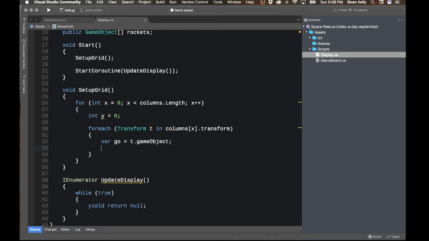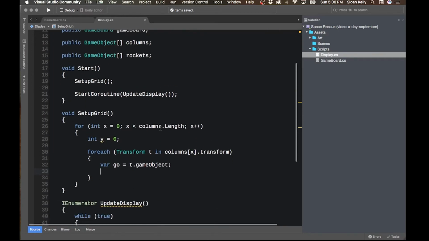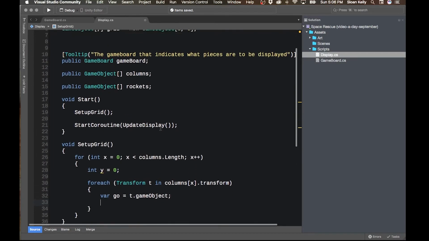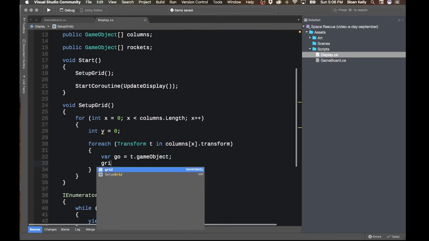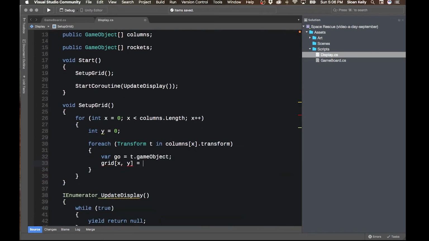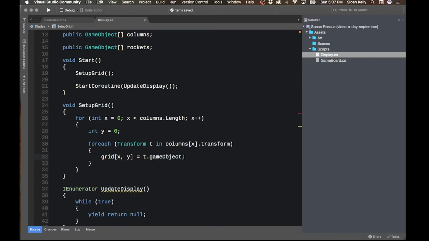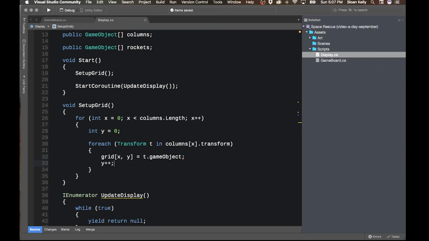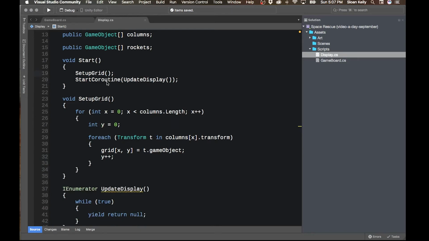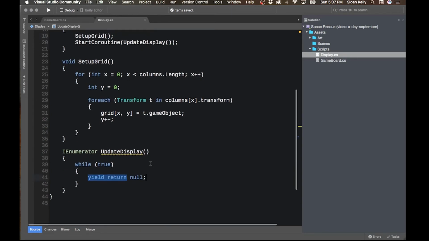And then once I've got the game object, I want to add that to my grid as well. So I want to add this to the grid here. So I'm going to say grid[x, y] equals go. So I can actually just do grid[x, y] equals that. Okay, and then I want to do y++. And then that sets everything up there. That sets up the grid, and then we're going to update the display. So the update display